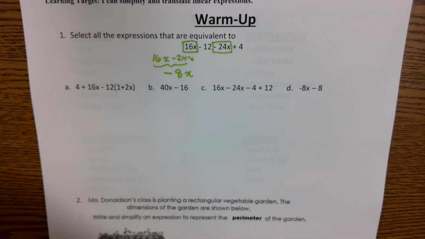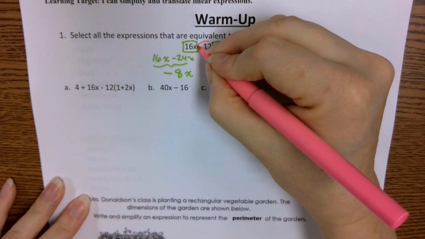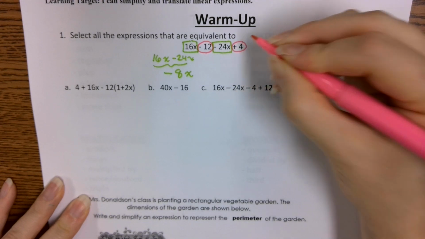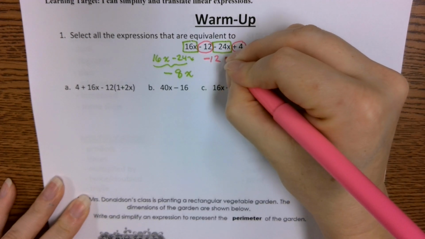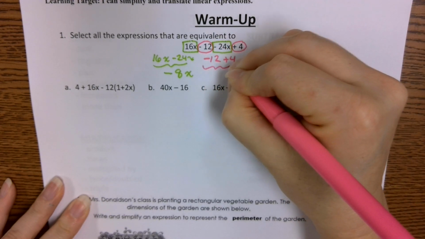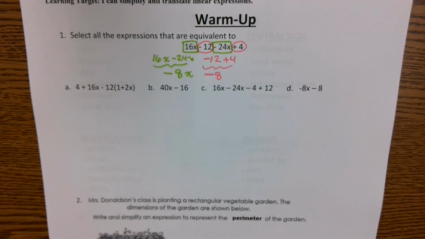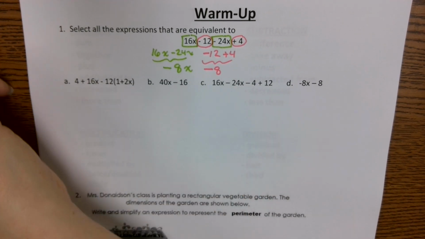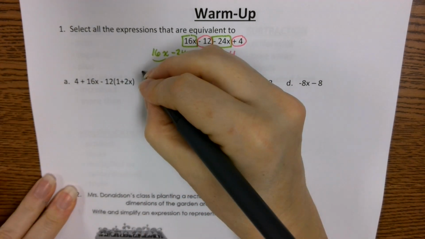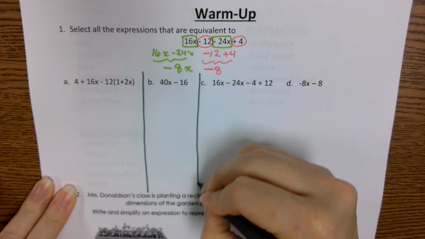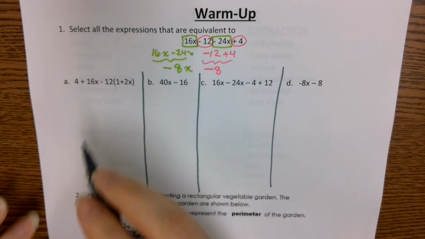And then we've got our constants. Our constants happen to be a negative 12 and a positive 4. So if we take negative 12 plus 4, that's going to come out to a negative 8. So we're looking for expressions that, when they simplify, look like negative 8x minus 8. Okay, so if we take a look at problem A, I'm going to split these up into sections so that we know what we're solving. For problem A,